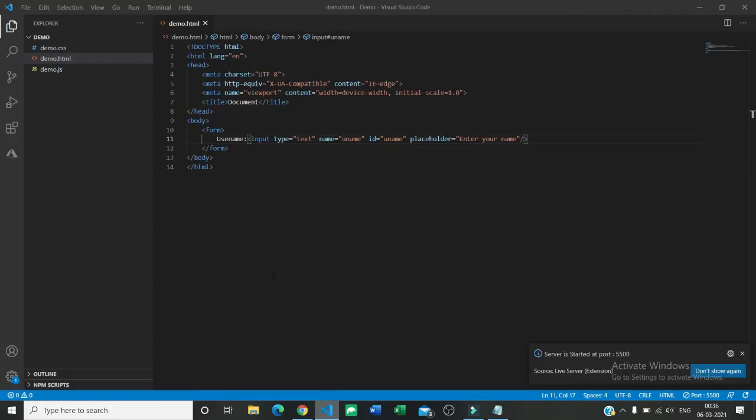Now I want to do something different on this input. So I can use a different attribute. The first one I am going to tell you is size. I don't want this input area to be so large, so I am giving size only 5.